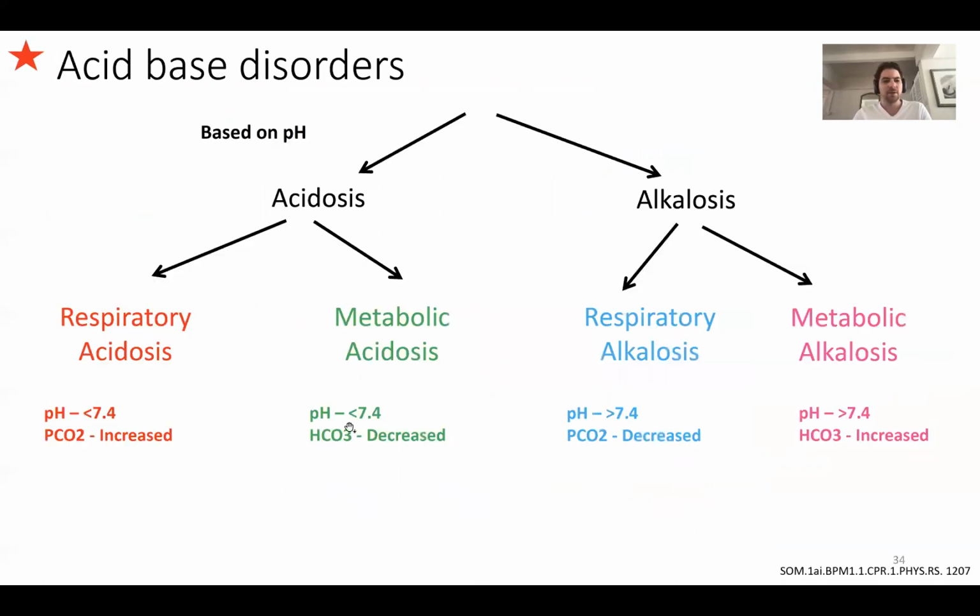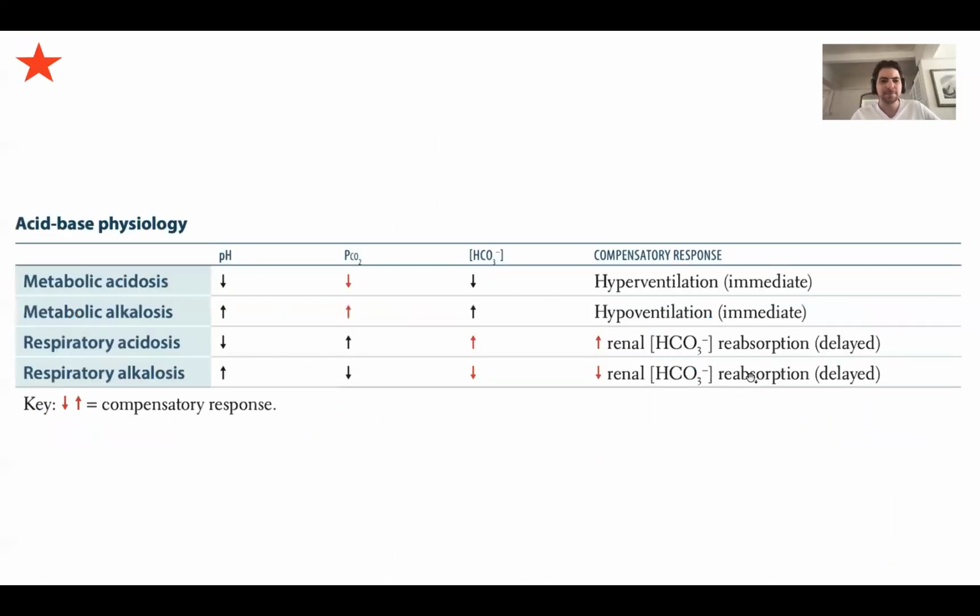But yeah, so you obviously look at your pH and what's going on to cause the pH. Remember, we treat carbon dioxide as an acid. Okay, and this is just from First Aid. And what you do, remember these red arrows are your compensatory mechanisms. How are you compensating for it? So in general, if you have a metabolic problem, you compensate with respiration. If you have a respiratory problem, you compensate with the